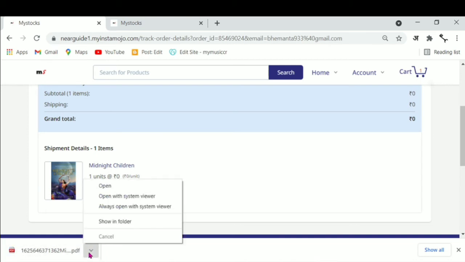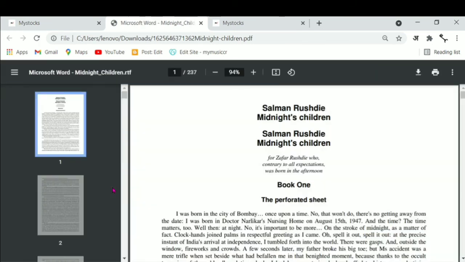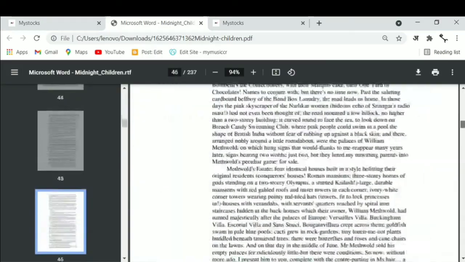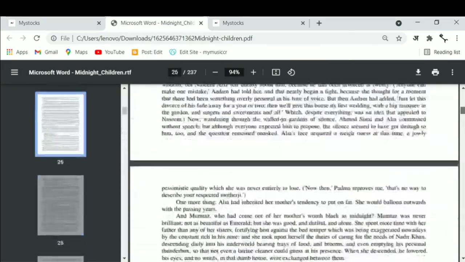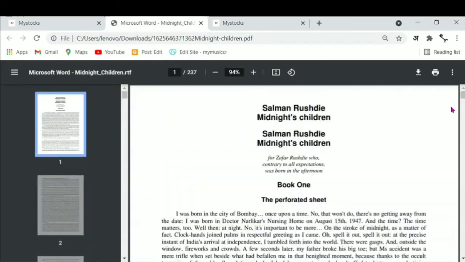Then click here and open this. This is the ebook. After buy this, I can download this only 2 times. Now I complete one times.